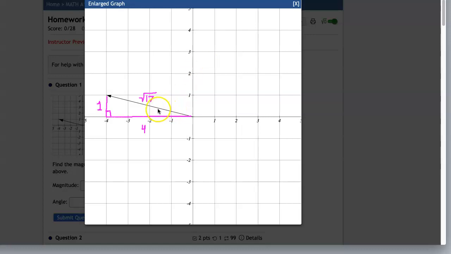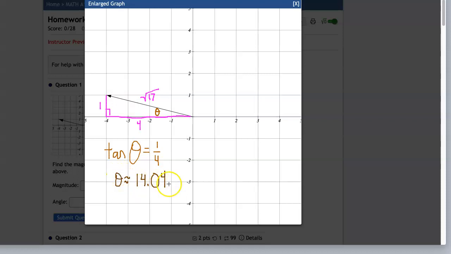So if you let this angle right here be theta, and you want to pick the angle that is attached to the origin, okay? So pick the angle of the triangle that's attached to the origin. Then to find out theta, you would say that the tangent of theta is equal to opposite over adjacent. And then just make sure that you are in degrees and not radians. So then if theta is 14.04, and you can get that using tan inverse on the calculator,